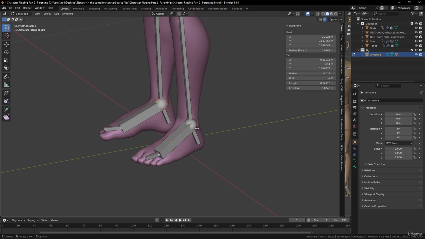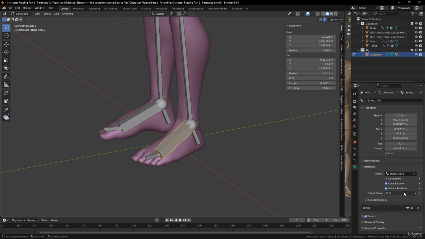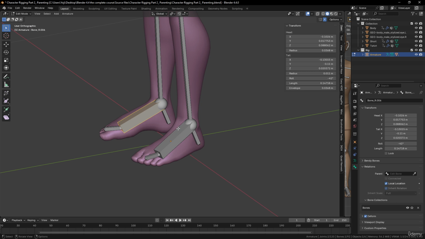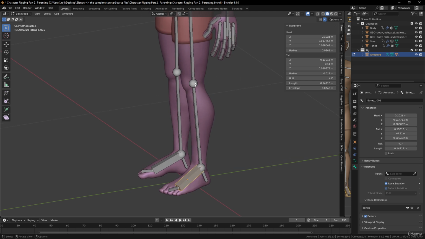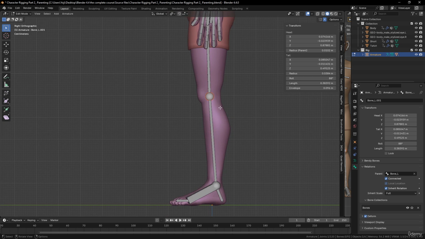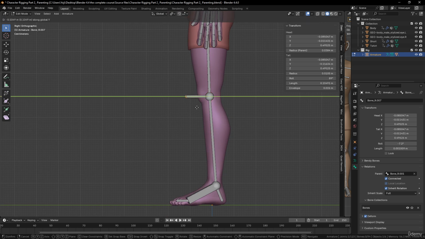Okay, so let's go for it now and select these two bones and go into the bone section. We want nothing here as a parent, so we want no parent here. Okay, no parent from this one, no parent for this one. Good. So now we will create something a little different. We will create some bones that will be in front of the knees. Okay, so we will make an extrusion into the y-axis,